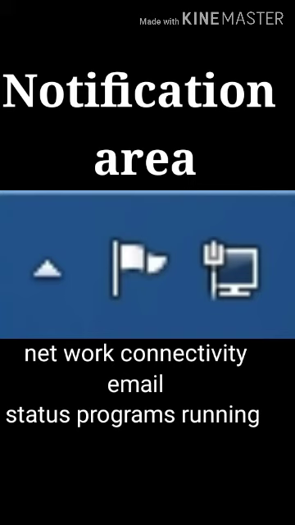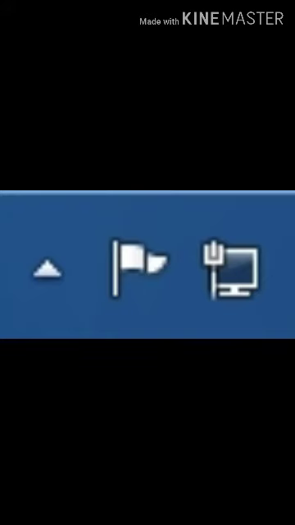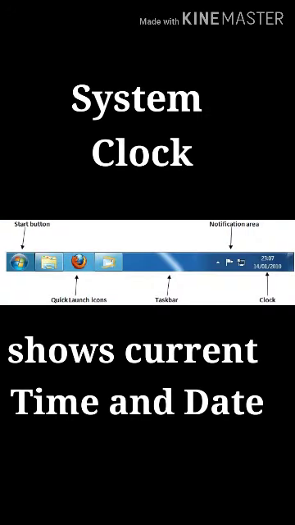It can also be used to display icons for system and program features that have no presence on the desktop. This notification area is also known as the system tray or status area because it provides a temporary source for notifications and status.